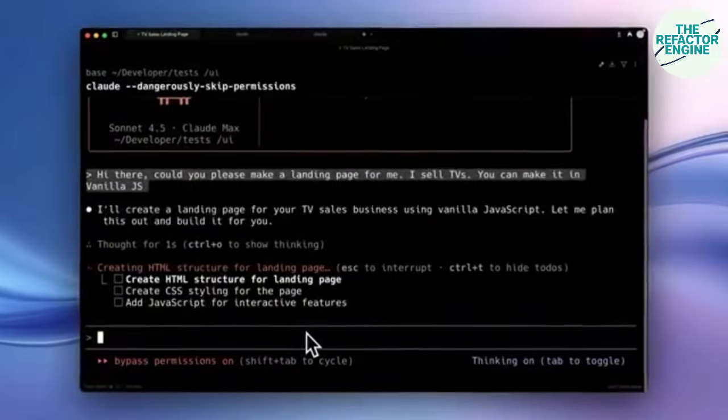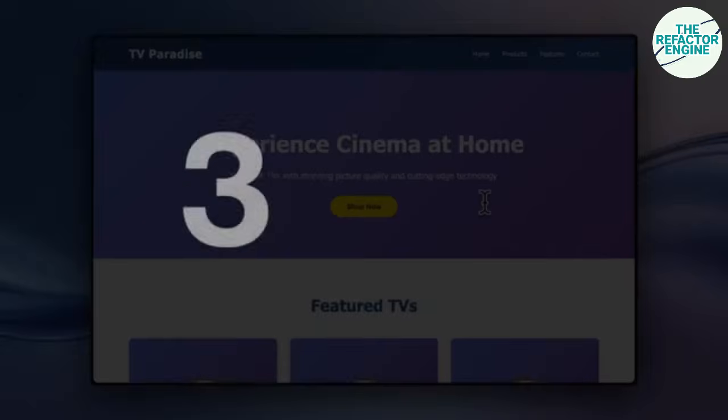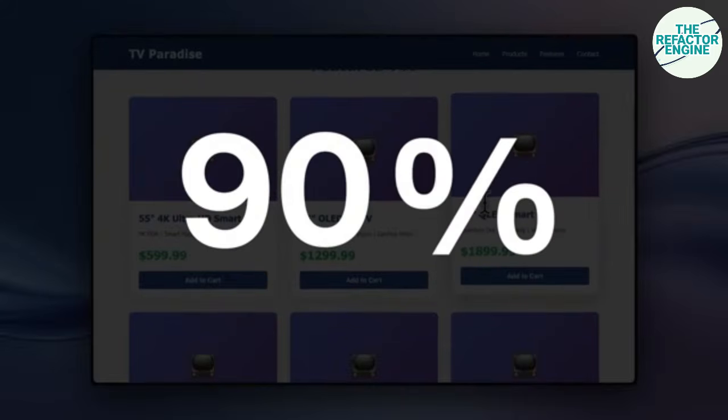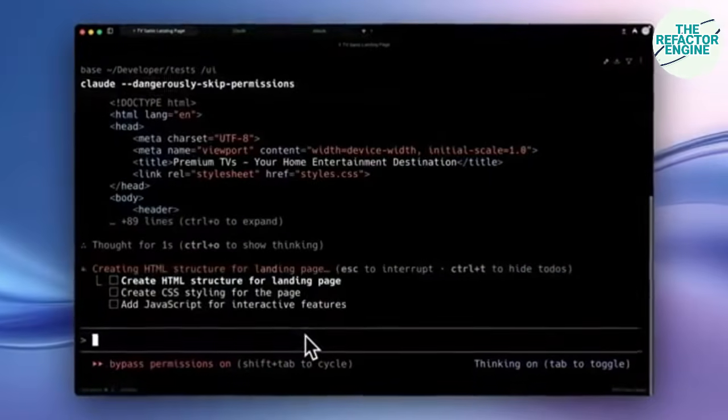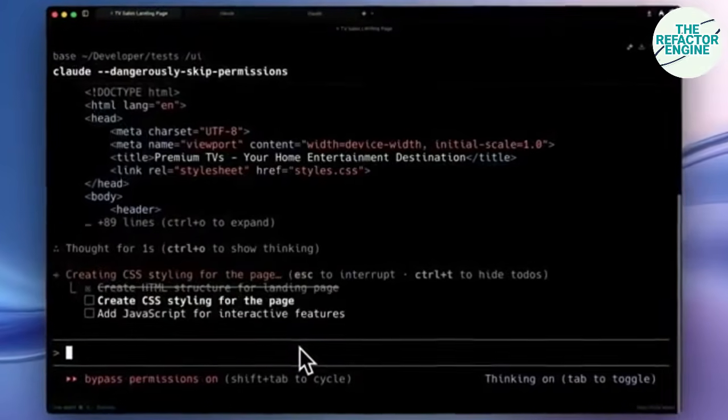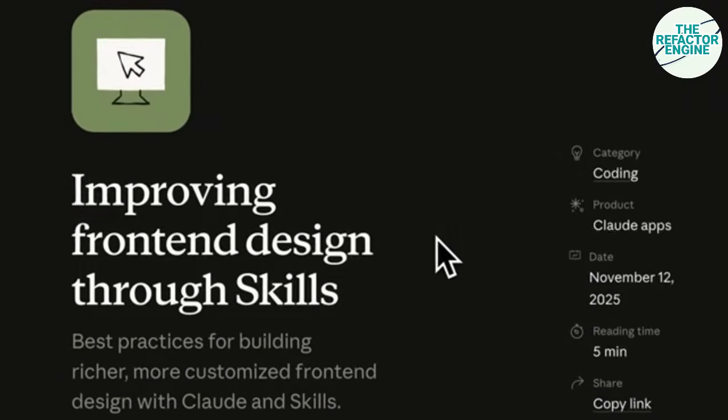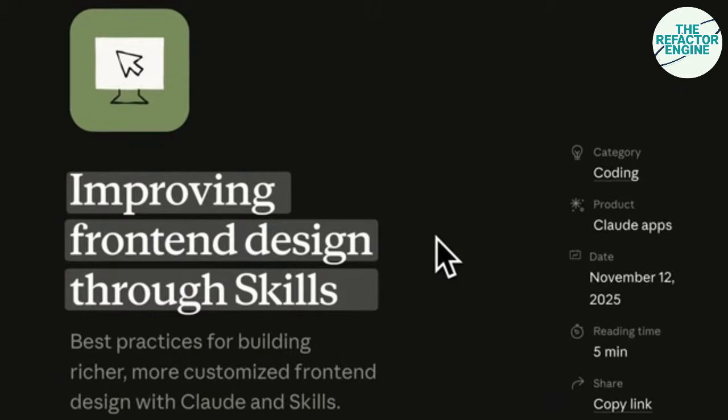It just means that models predict their next words based on probability in their training data. So the website you just saw had the highest probability of being built and was the safest option. This basically means that these AI models are not creative at all. But that's why Claude released this article on improving front-end design through skills, outlining the main problem and actually giving